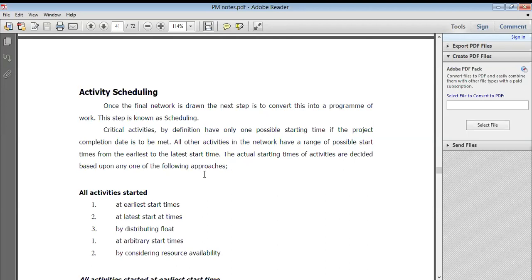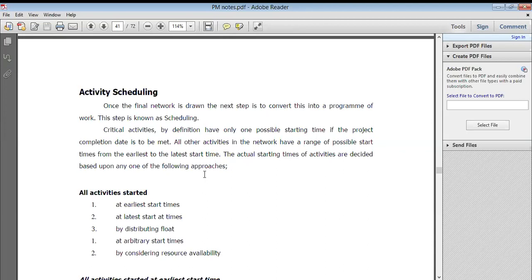Then at arbitrary start time, what does it mean? You don't know, sometimes the light has gone and you don't know when it is coming back. Got it? So it will come whatever the time, after 3 hours, after 2 hours, that is the time you need to start, and that's called arbitrary time. Means you don't know about when it came, but if it came at 6 o'clock and you have been sitting idle from morning till 6 o'clock, that means you need to start work at 6 o'clock and finish that day's activity, because it's a production activity or whatever project related activity.